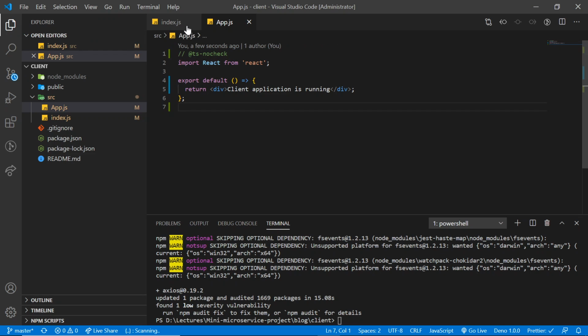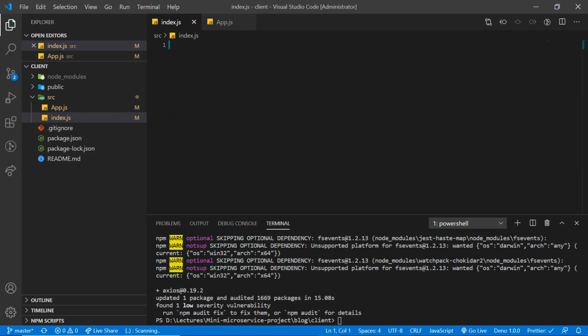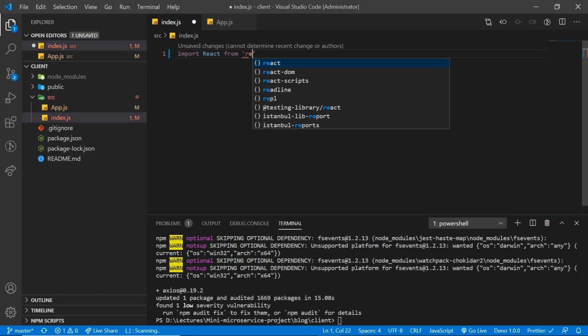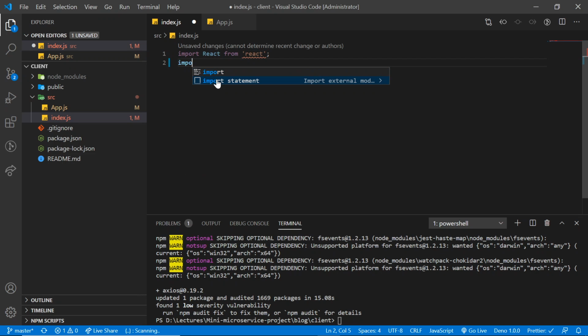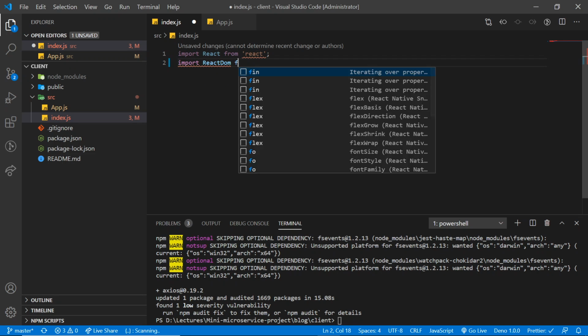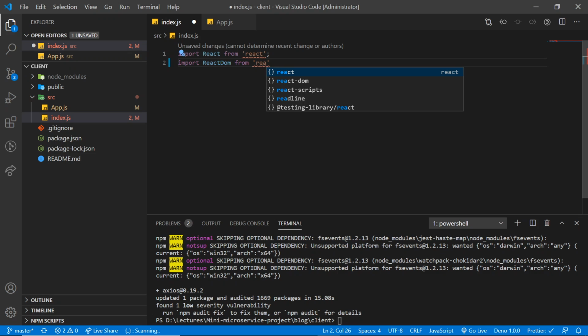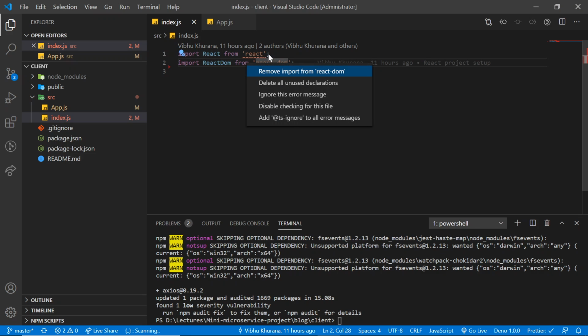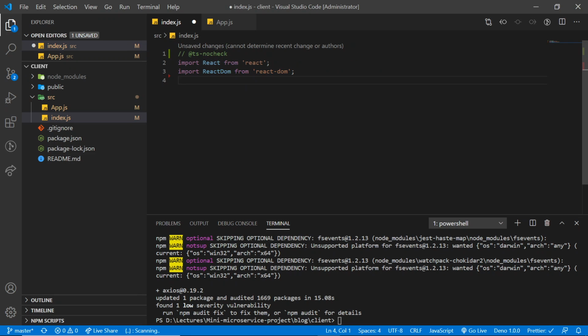Okay. Now is the time to switch to the index file. In this file, firstly, we are going to import the React and ReactDOM modules. Secondly, I am going to import our root module.